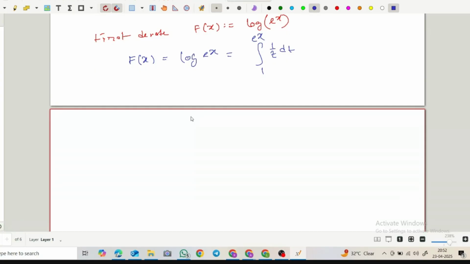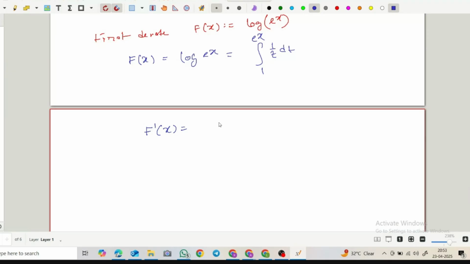We can take the derivative. That is one way to do it. Yes, I think that can be done. So what will be f prime x? You know that by